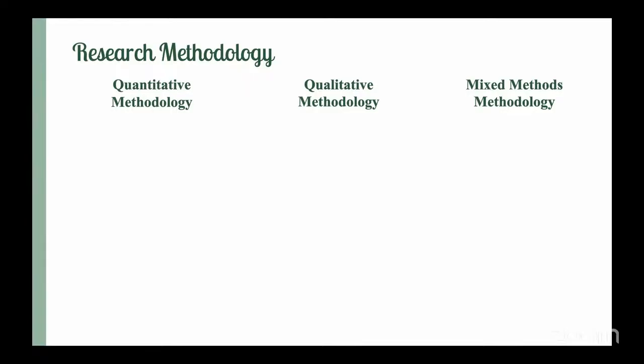Now, when you're talking of research methodology, as I told you, we have quantitative, qualitative, and mixed methods. Now, as the term itself says, what is quantitative? Quant is numbers. We are dealing with numbers, numericals, where I talked about a survey, a questionnaire, where you get numbers, where you add up the numbers and get a score. Then you have graphs, bar graphs, histograms, pie charts. So you have percentages, right? All these things come under quantitative.